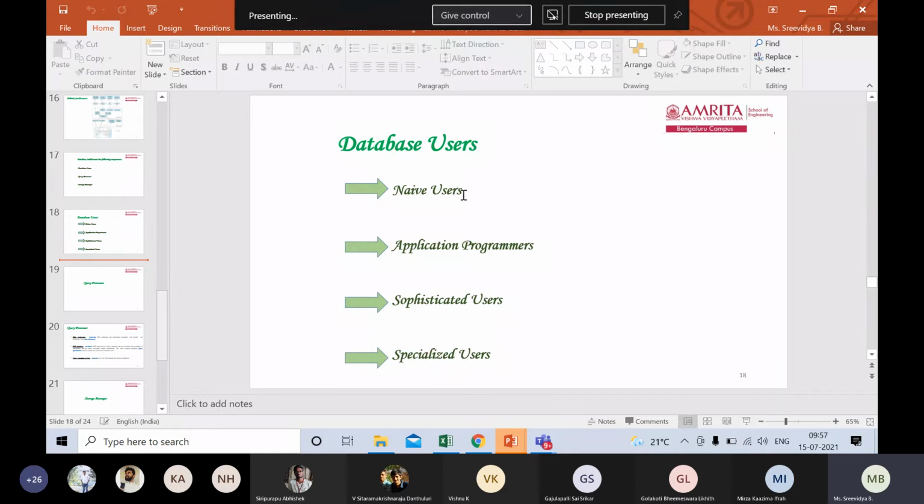Then we have application. Now the example that I can quote is, 1 second, students. Yeah. So the example that I can quote here is